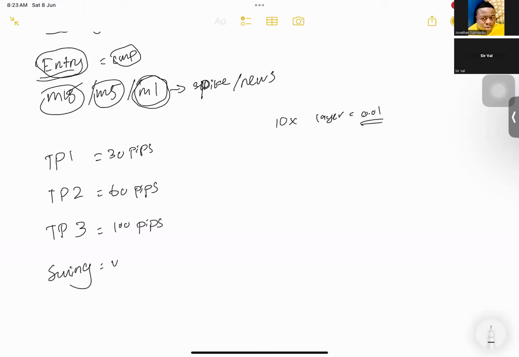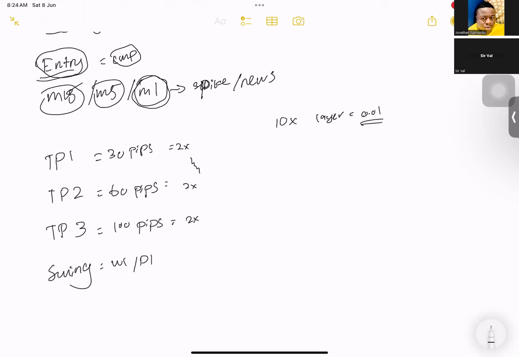For swing, I will take profit on the weekly or daily. So how? If I enter on 0.01, here I will secure 2 layers. After the price is still running, I will secure another 2 layers. So we have secured 4 layers. We have around 6 layers left. You can secure at 100 pips also. If you don't want to, you can swing all the remaining entries.